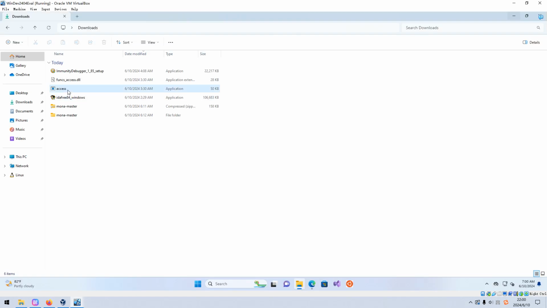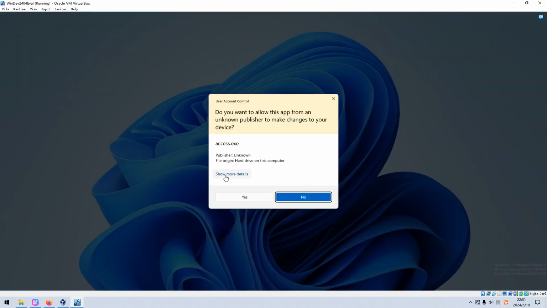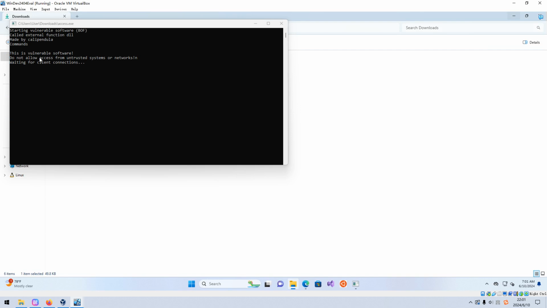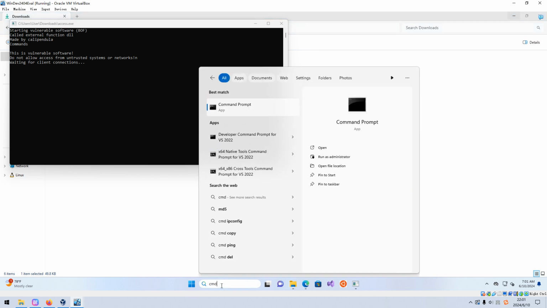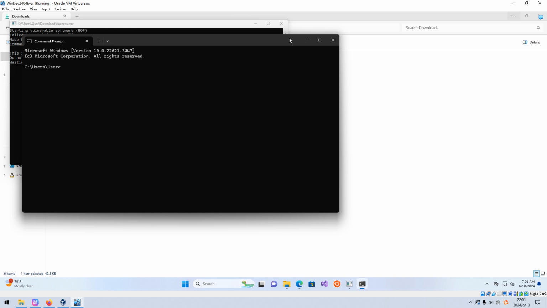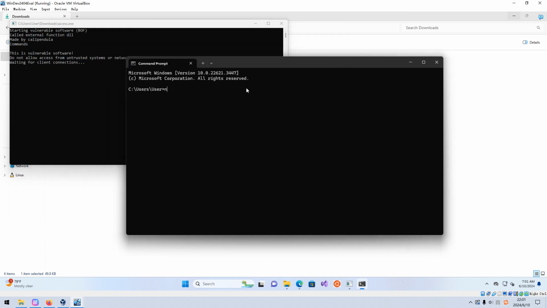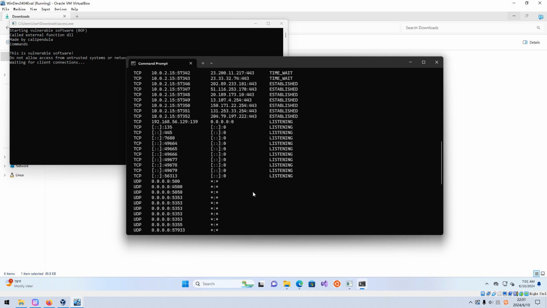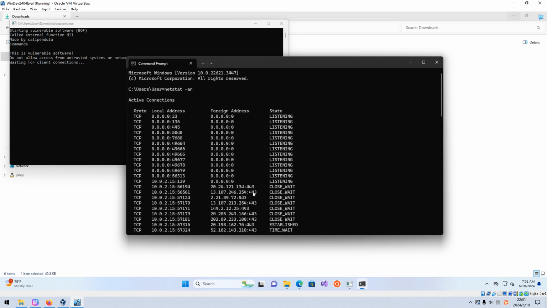As you can see over here, there are two files, and we can run as administrator. Yes, as you can see here, this is a vulnerable software, and you can check with netstat. As you can see, the port number is 23.